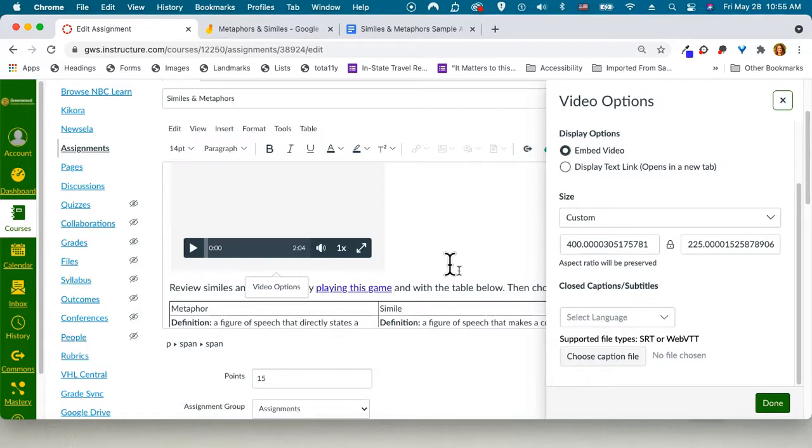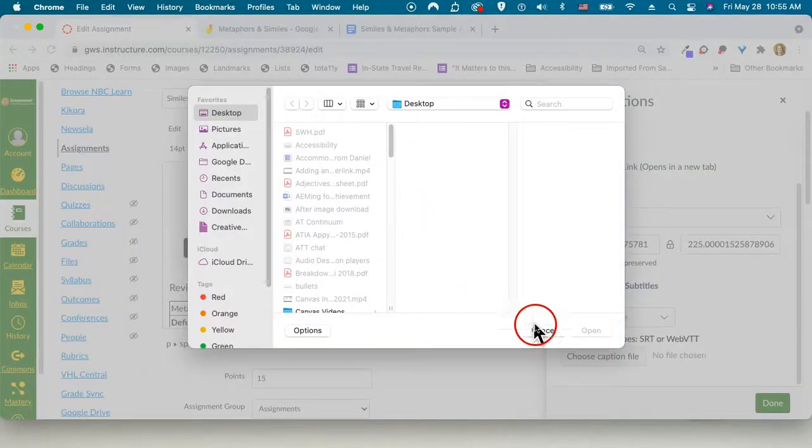One way to do that would be to upload your video into YouTube, let it automatically caption your video, edit those captions, and then download the necessary file type. And in this case, Canvas requires an SRT or a WebVTT file type. I know for sure that SRTs can be downloaded from YouTube. You may find that your school has other options for captioning your videos or audio clips, so maybe reach out to your IT department. Once you have that file, you can select Choose Caption File at the bottom of the sidebar and find that file from your computer.